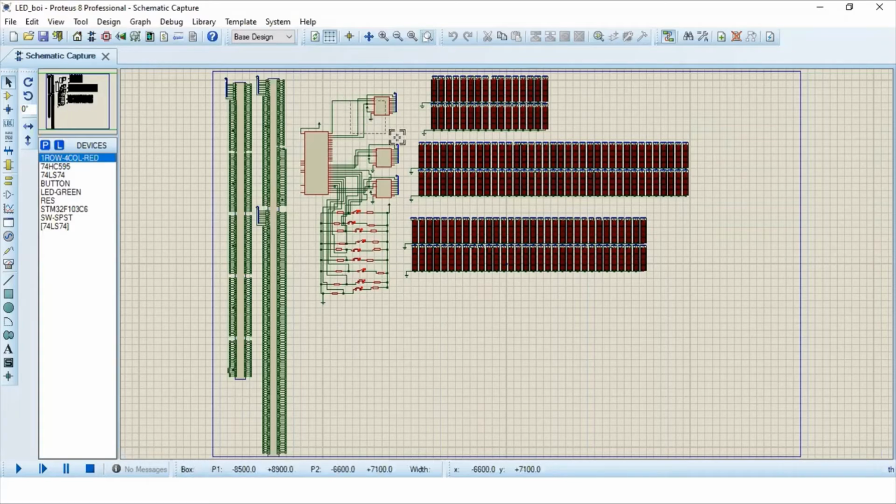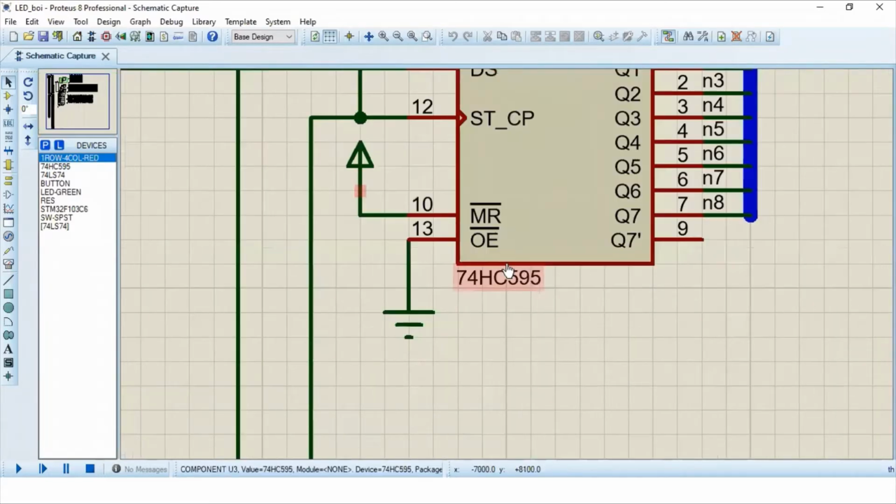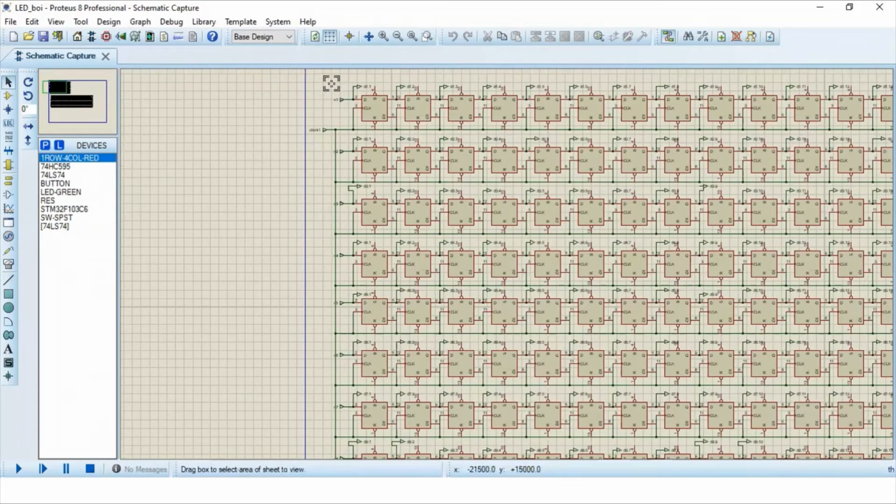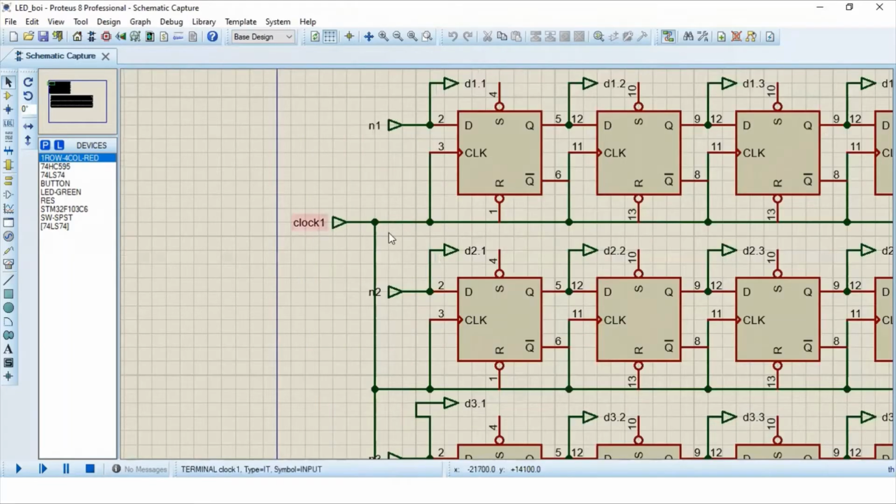The shift registers operate with 2 clocks. One is SH clock and another is ST clock. SH clock is used to shift the serial in data to the 8-bit shift registers, and ST clock is used to latch the shift registers. If we see the sub-circuits, we can see these sub-circuits are made of D-type flip-flop, and the clock used here are the ST clock of the shift registers. Now, our group partner Hiramoni will continue the presentation.